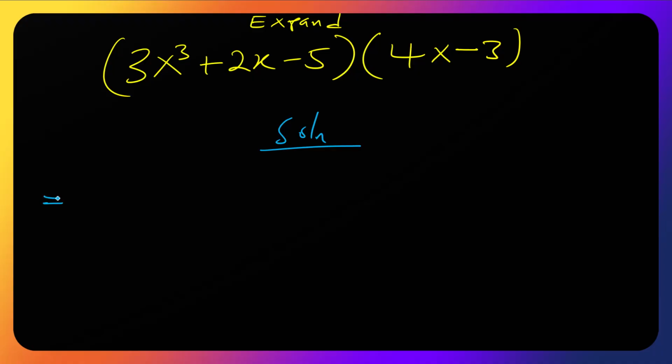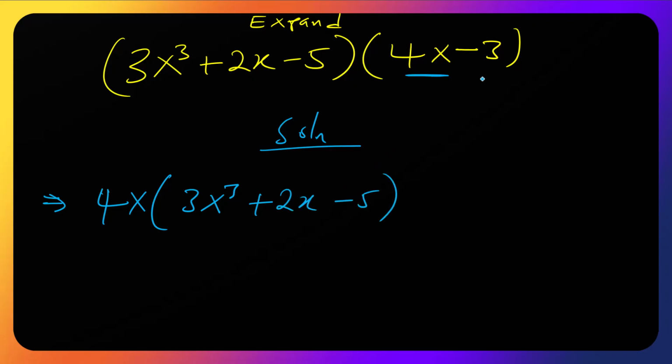So to expand this, first of all, we use 4x to multiply everything. So that will be 4x, taking 3x³ + 2x − 5. Okay. And the next thing is to use −3 to take the same thing, 3x³ + 2x − 5. Okay, so from here,